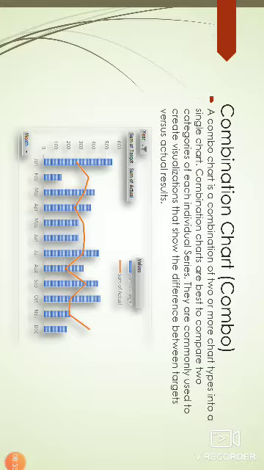They are commonly used to create visualizations that show the difference between targets versus actual results. So this is the combination chart diagram, and it shows the difference between targets versus actual results.